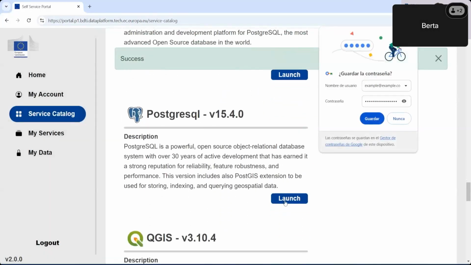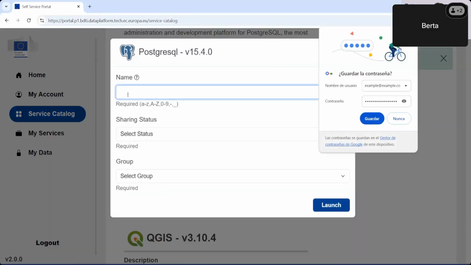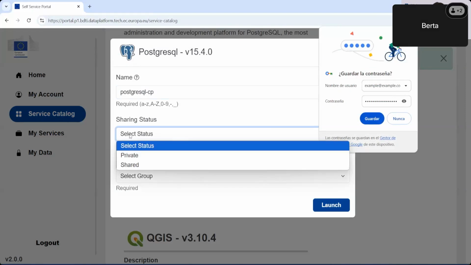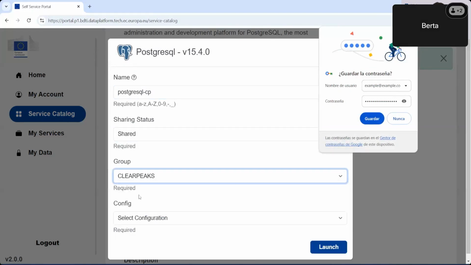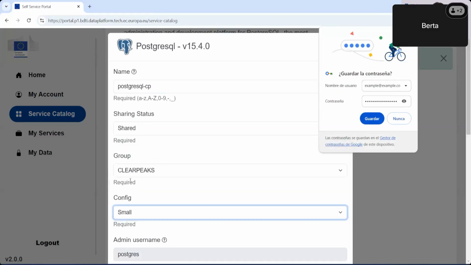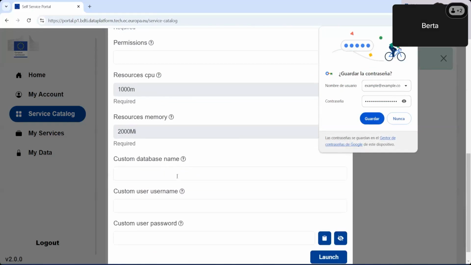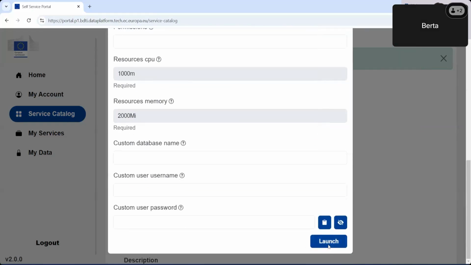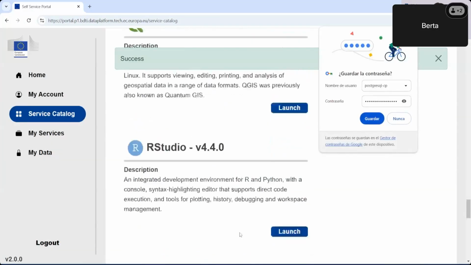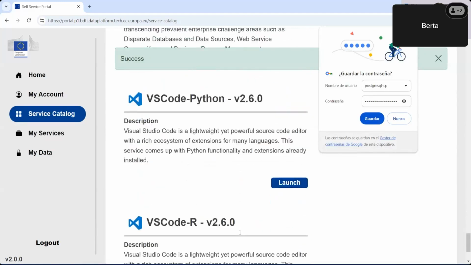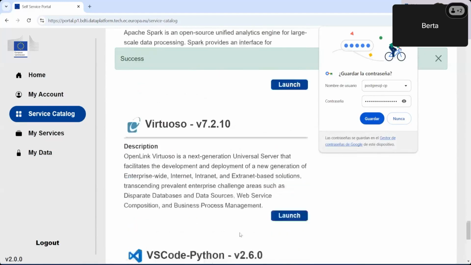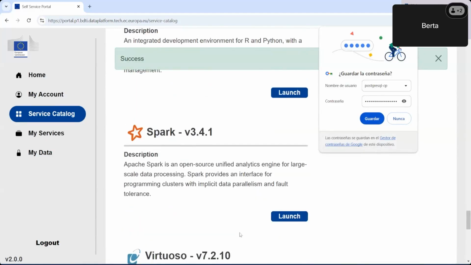And PostgreSQL, also shared for the same group and small. That's all. Now this step will take a while, so we just have to wait for the services to be created, and then we're going to be able to see them from the My Services tab.